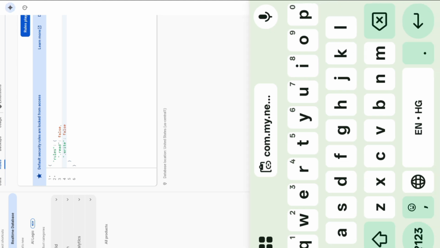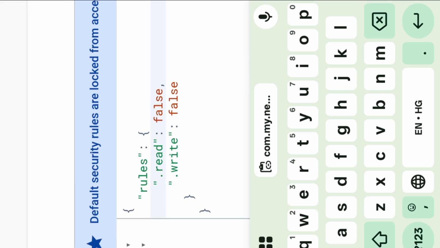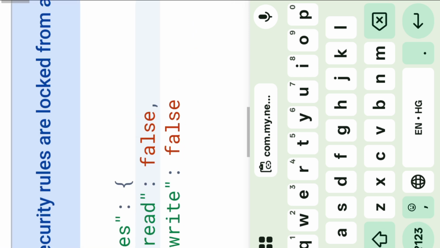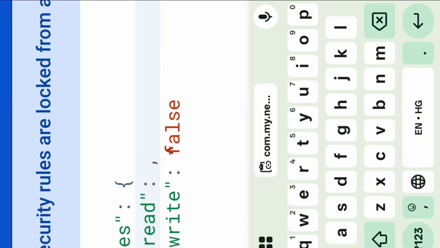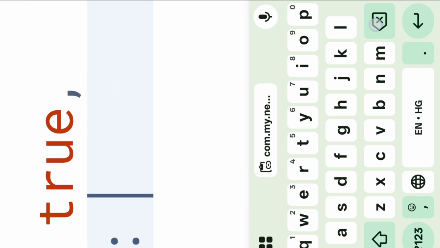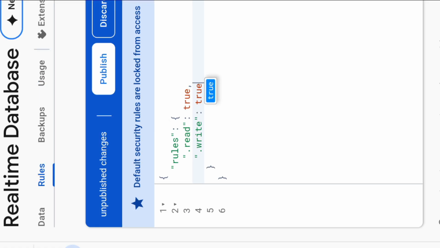The default rules are false, so anyone cannot write and read anything in your database, but right now you want to make this true to allow users to write and read data from the Firebase real-time database.